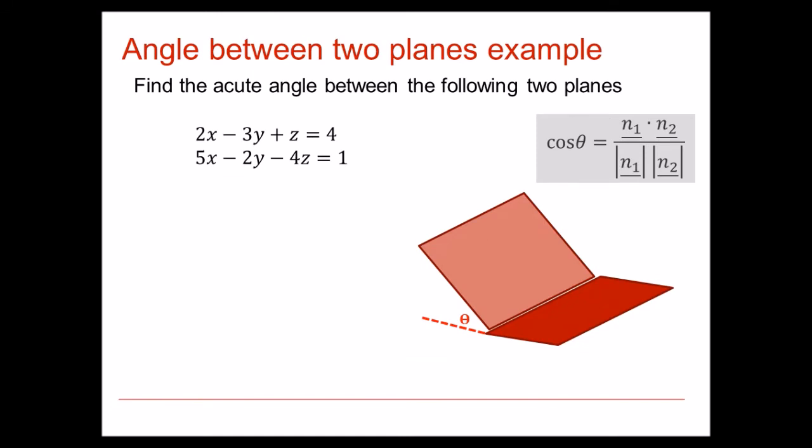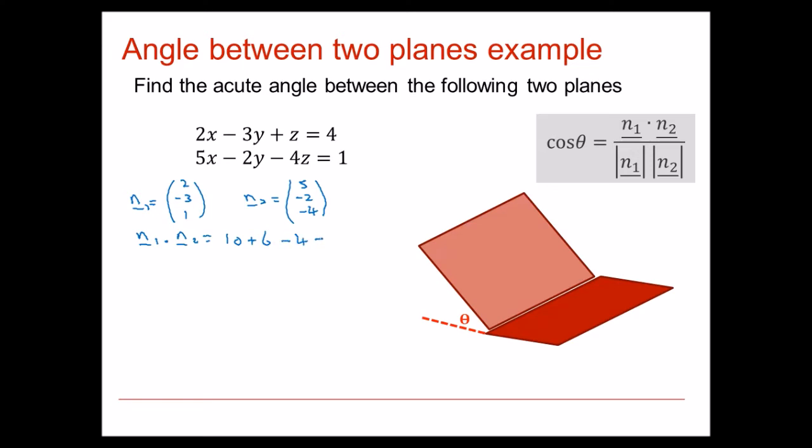So here we're going to find the acute angle between the two given planes. The planes are in Cartesian form, so the first thing I would recommend would be to write down the normal vector. So the first normal vector, we can get that from the coefficients of x, y, z: 2, minus 3, 1. And the normal vector for the second plane, again using the coefficients: 5, minus 2, minus 4. And if we dot these together, just to work out the value of n1 dotted with n2, we get 10, minus that's plus 6,